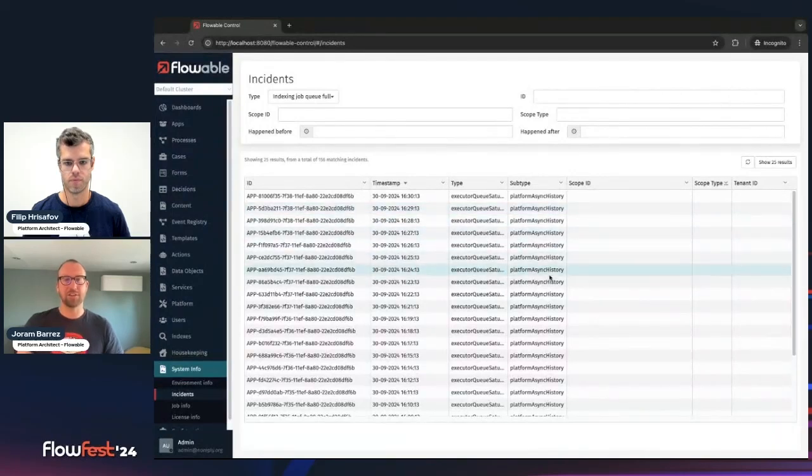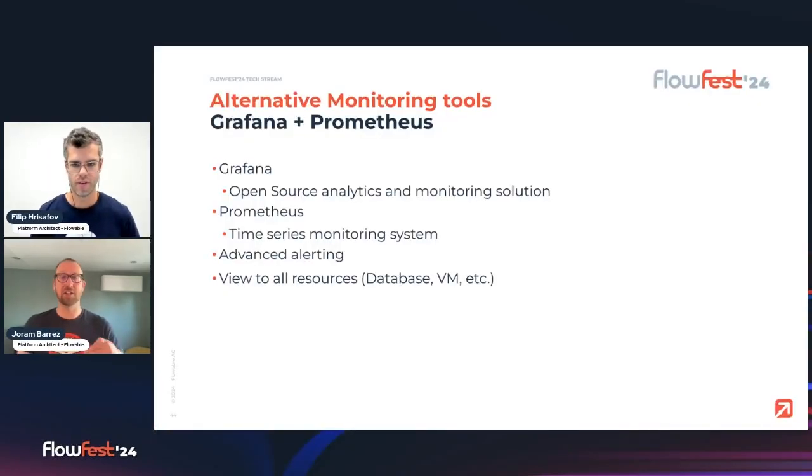All right, let's go back to the slides, because Filip is going to take us to the next level when we talk about metrics and about these kind of actionable things you can do. Yeah, so basically we have some basic things in Flowable Control, right? And we have some incidents now that you can actually view and see when something happens in the system. However, most of our customers already have some infrastructure set up for monitoring their systems, right? And we even have a different infrastructure for our cloud where we're using different tools,